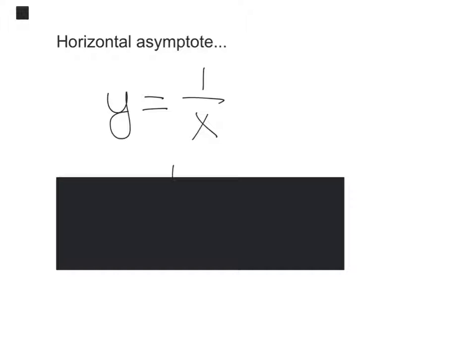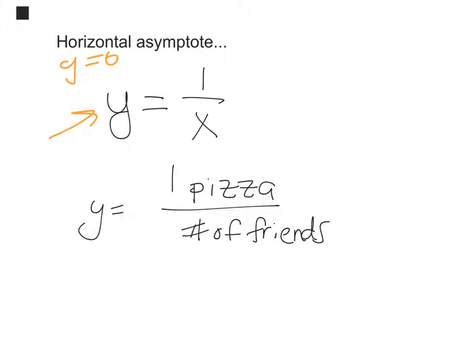A little background knowledge as to why we see a horizontal asymptote at y equals 0. So we look at our parent function here, y is equal to 1 over x. And let's actually think about it in a slightly contextual situation. Let's pretend that instead of 1 over x, we're imagining that one pizza is being split amongst a group of friends. Now, when we start with one person, so if x was equal to 1, that person's getting a